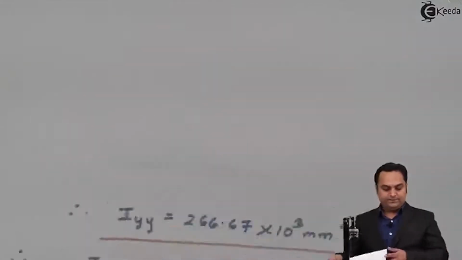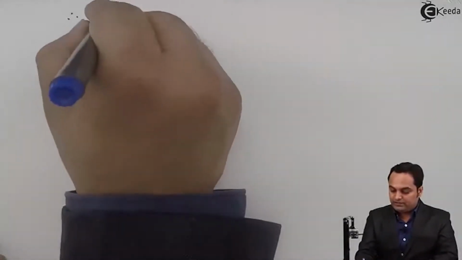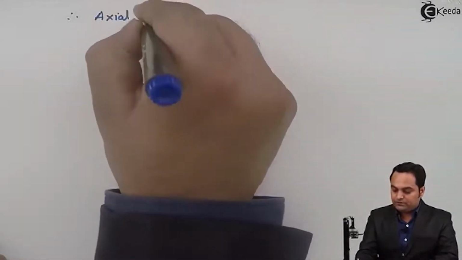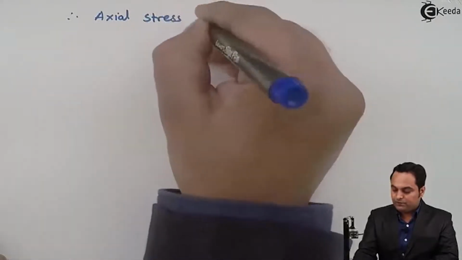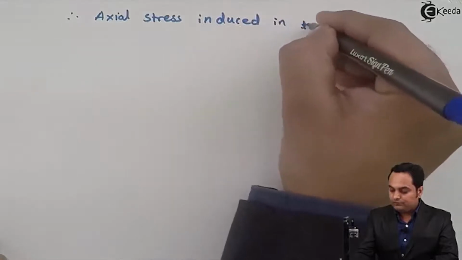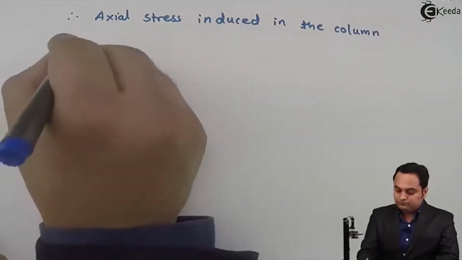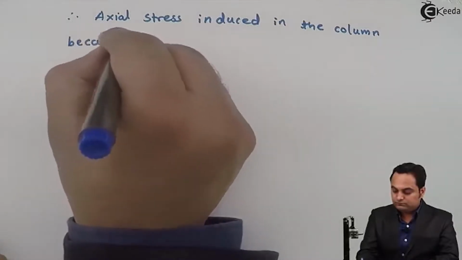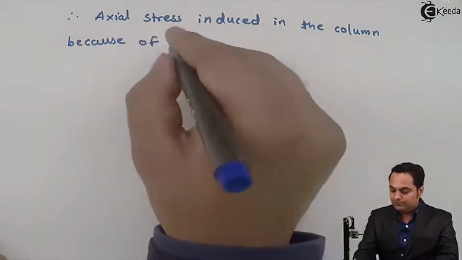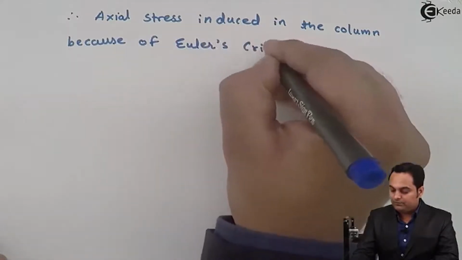So I'll say that therefore axial stress induced in the column because of Euler's crippling load,